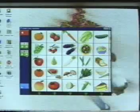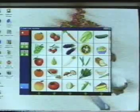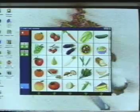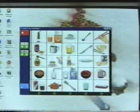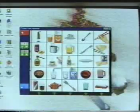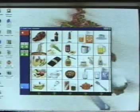So what we have now is a whole lot of different types of food. It tells us the name of the food. We can move along. We can click on them as many times as we like. We've gone too far in that direction. Then when we select